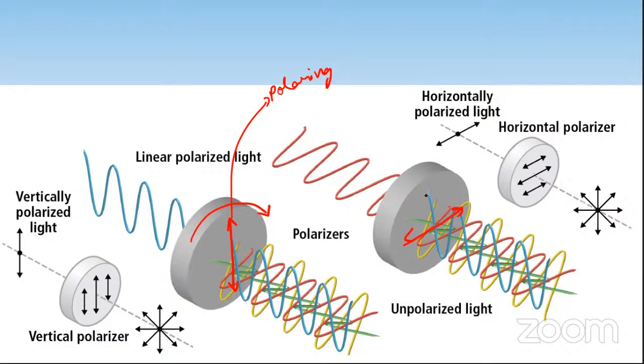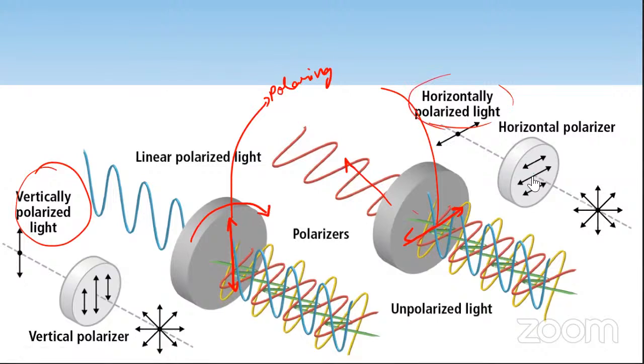Now, if I rotate the polarizer by 90 degrees, the axis also rotates by 90 degrees, and now the blue light is blocked. But if you notice, it is in the same plane as the red light, and the red light is passing through this polarizer because the polarizing axis is now at 90 degrees to the initial direction. Cool, right? When up and down waves are coming, we call it vertically polarized light. When side waves are coming, we call it horizontally polarized light.